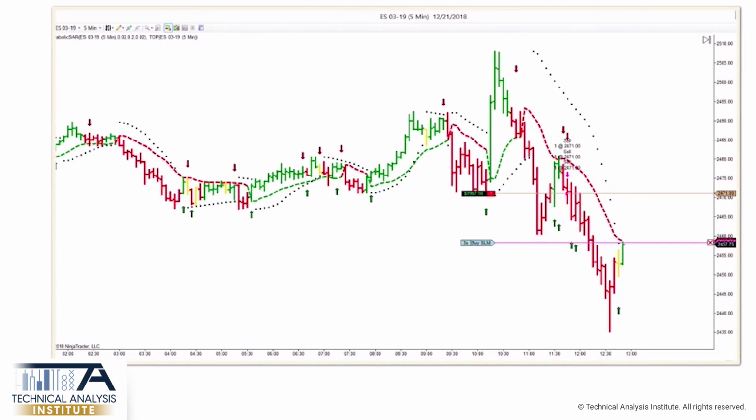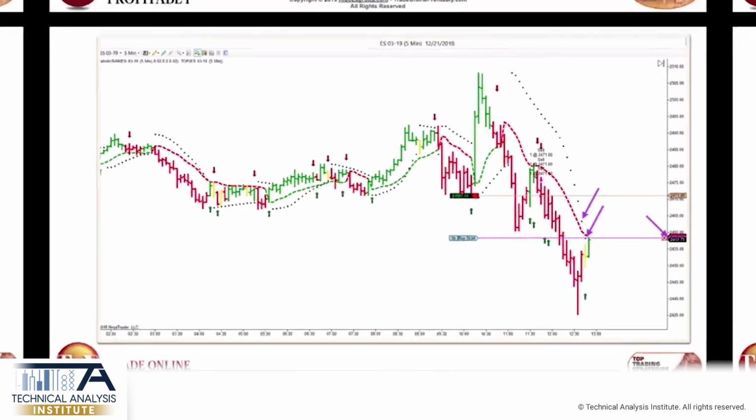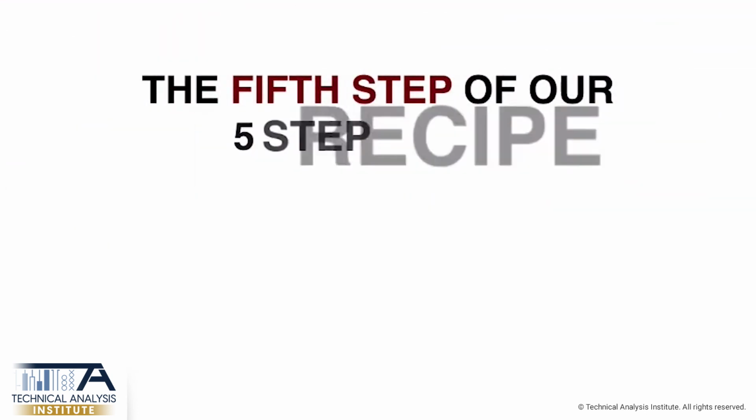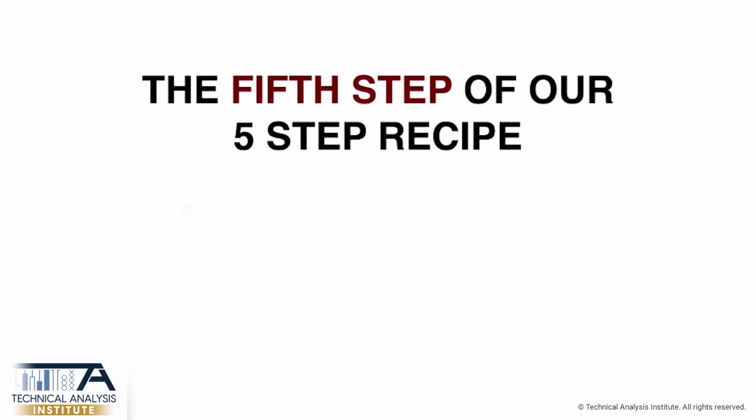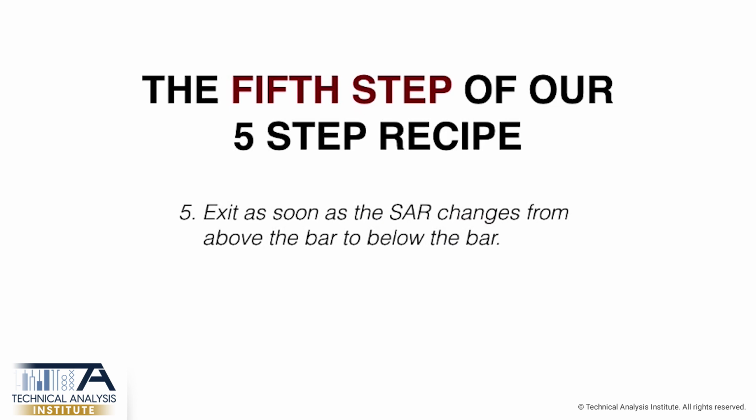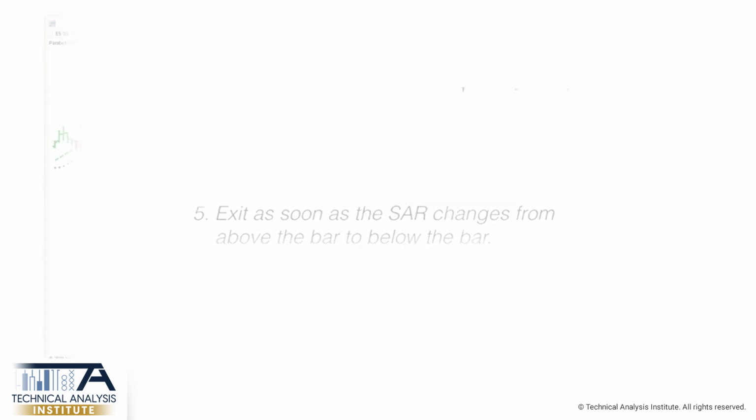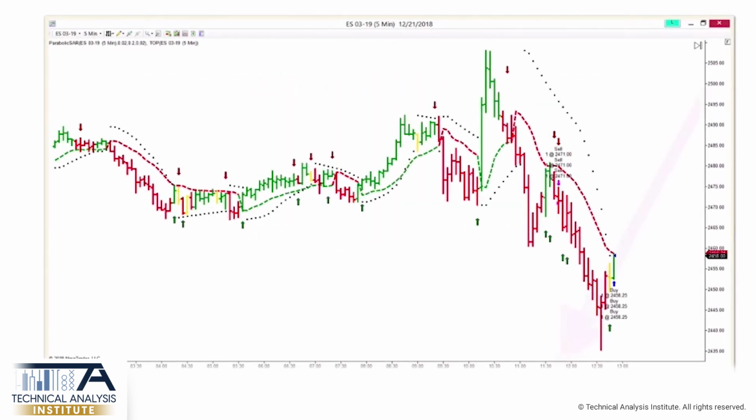Okay, I am now going to be stopped out. You can see how the SAR is now at 24.5825. So I lowered my stop to that level and was expecting to be out of the trade momentarily. And that leads us to our 5th and final step of our 5-step recipe. Exit as soon as the SAR changes from above the bar to below the bar. Here you can see I was stopped out at 24.5825